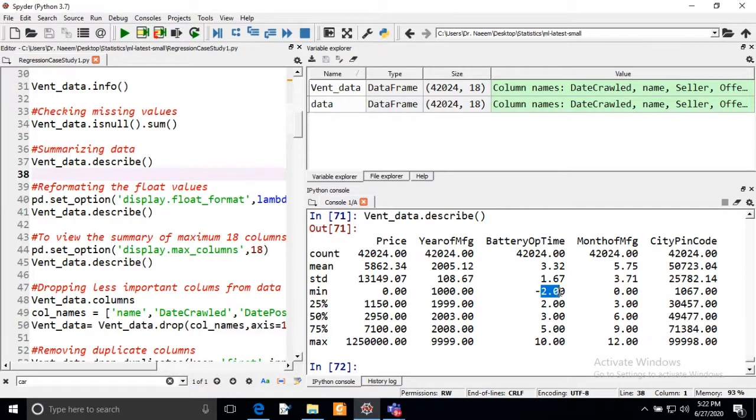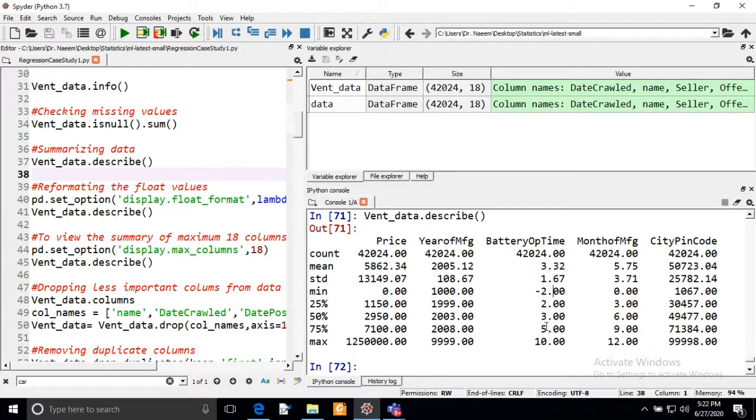But we also have outliers, because no battery can have a time of -2 or -1. We don't measure time in negative, so it is out of range. The battery operating time can be 0 or above, but cannot be negative.